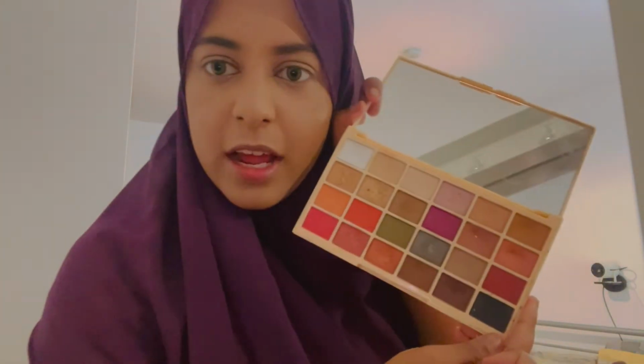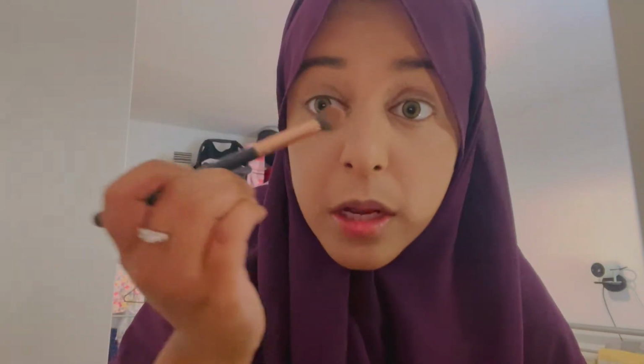Okay, so next I'm gonna set my under eyes. I'm gonna use just an eyeshadow palette. So this is a Revolution Soft X palette. These colors are really nice, and I'm just gonna use this shade over here to set my eyelids. I'm gonna use the camera. I don't use any